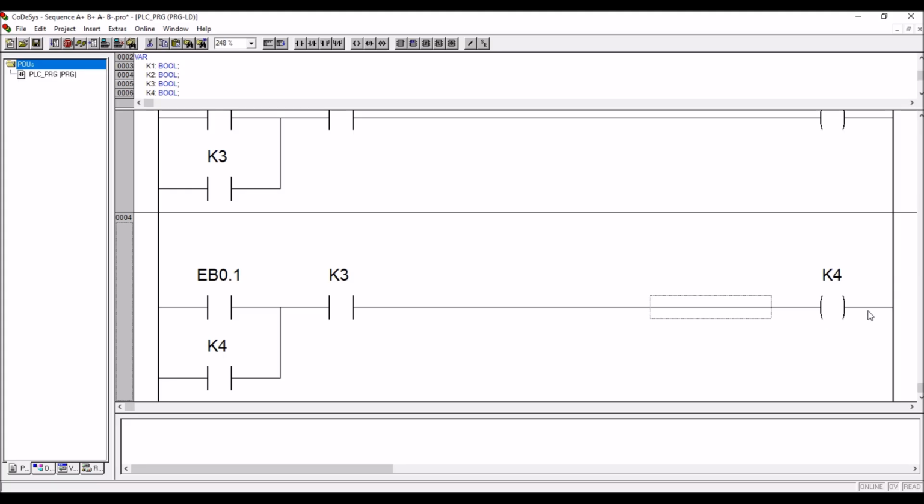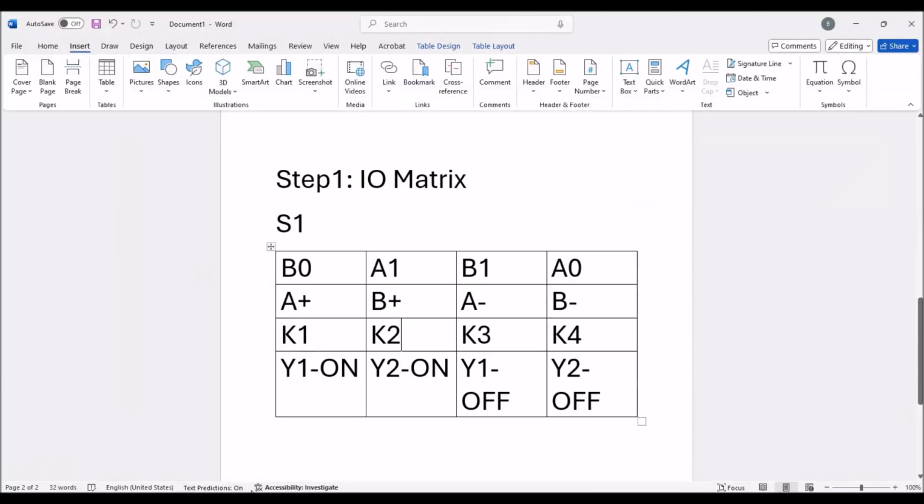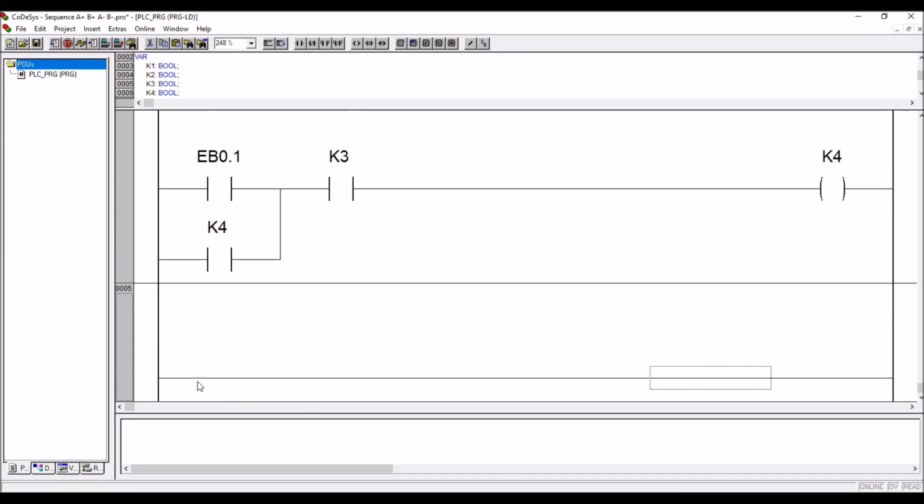Okay, so the last relay should reset the first relay. So I am going to have the normally closed contact of K4. At last, what does the matrix say? When K1 is on, Y1 is on. K1 is on, see here, when K1 is on, Y1 is on,